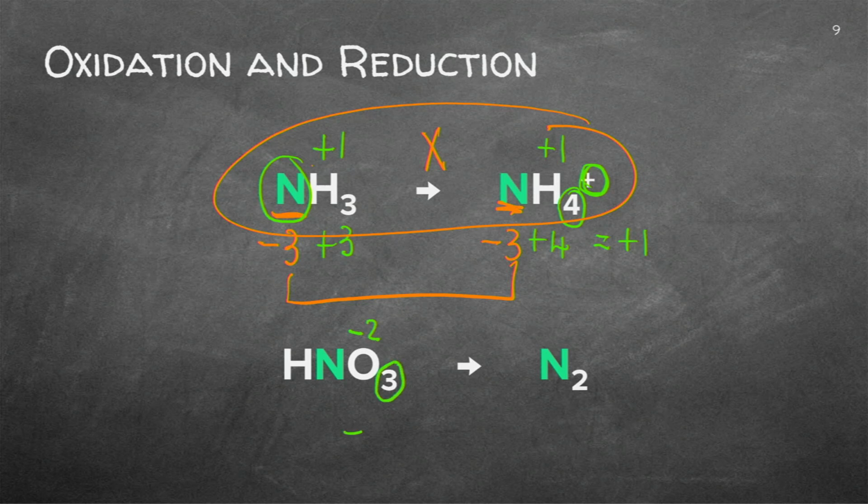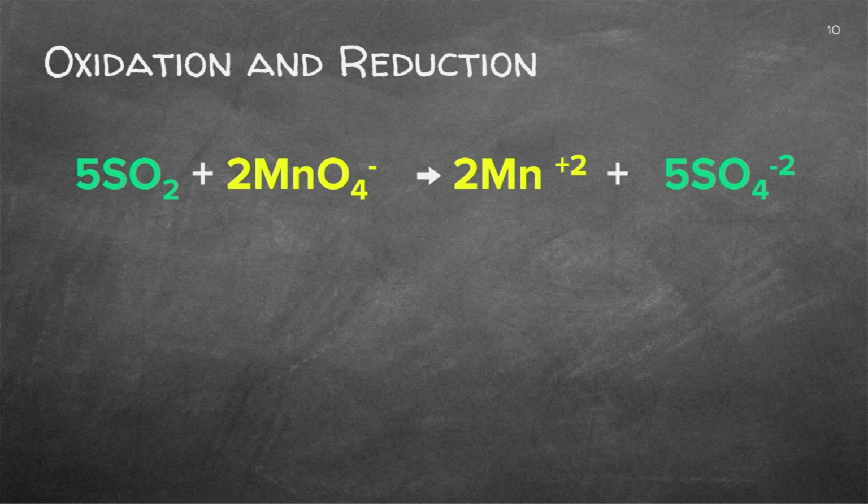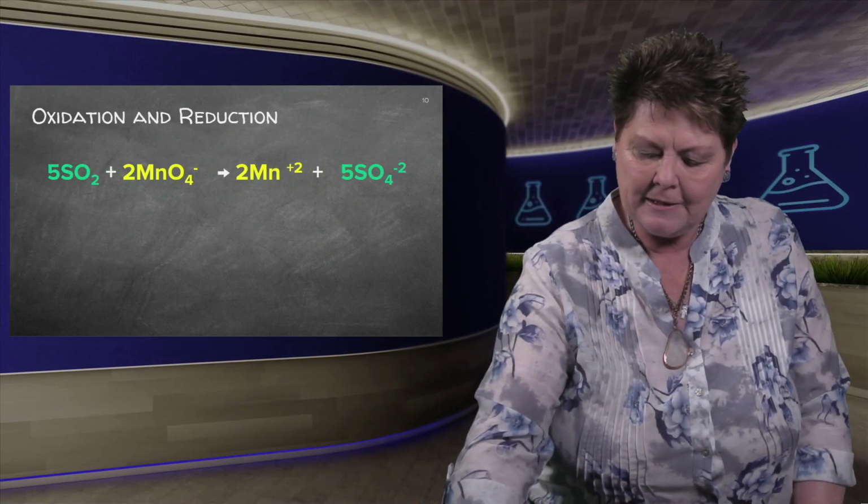Let's have a look again at minus 2 in the oxygen. I've got 3 of these. I also know that I've got a hydrogen, it's plus 1. We see it has to be neutral, therefore the nitrogen will be plus 5. It becomes 0 here, which is a decrease. Plus 5 to 0. A decrease means it is the reduction reaction. You should be able to identify the oxidation number for anything in the periodic table. Let's have a look at a complex reaction.